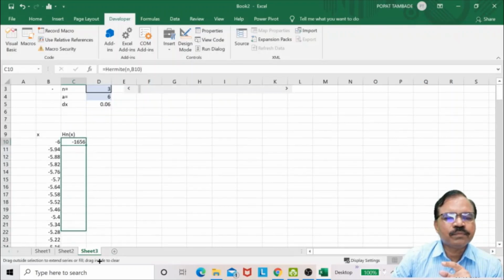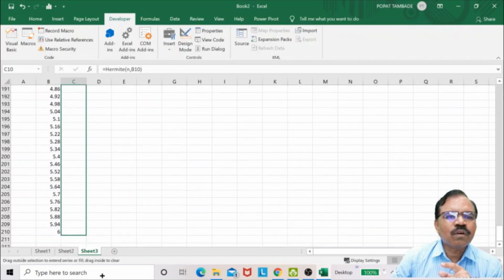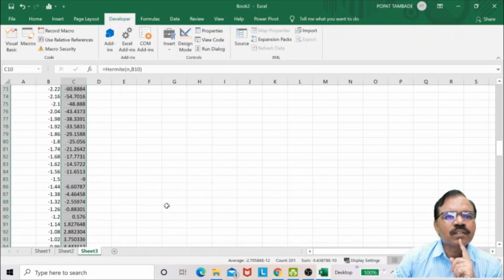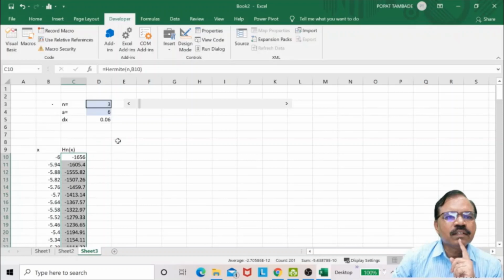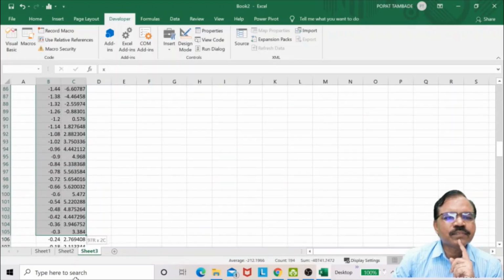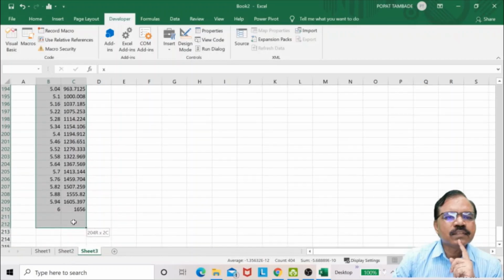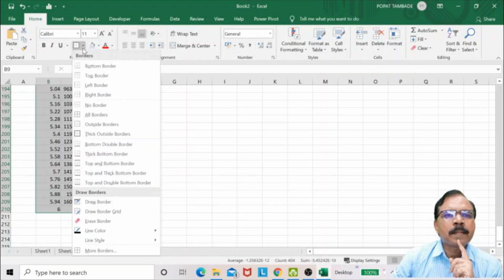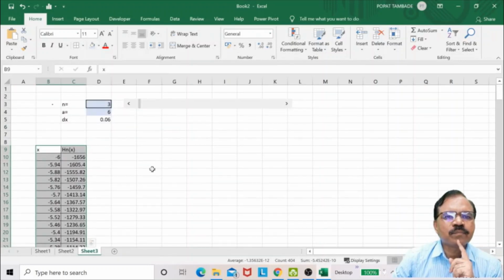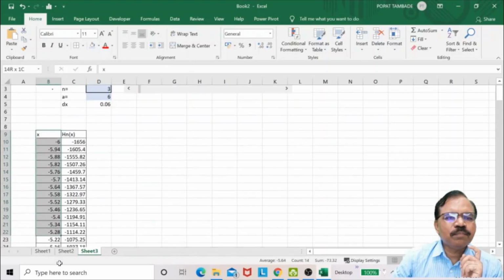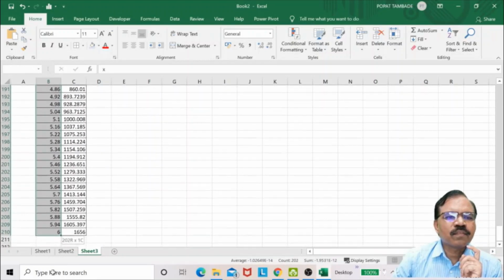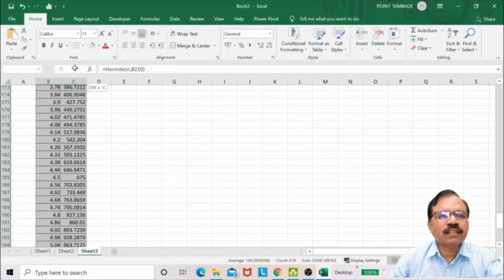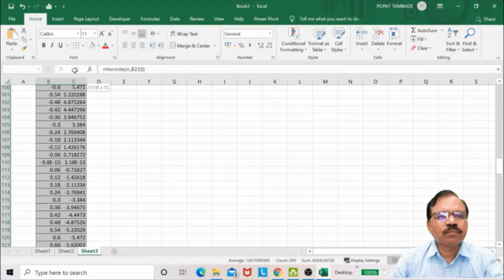And now copy these values up to this. So I got this. So I will make a table for all orders. Now plot. So simply select x, then press the Ctrl button and select the second column for H and x.